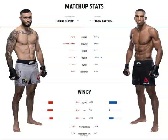Also, that will nullify a bit of the damage to the lead leg if you're going to be switching a little bit. Burgos has used this game plan in the past. Also, work the body at all times, pretty much. Teep to the body. Cut the cage off, because when you cut the cage off from him, he will square